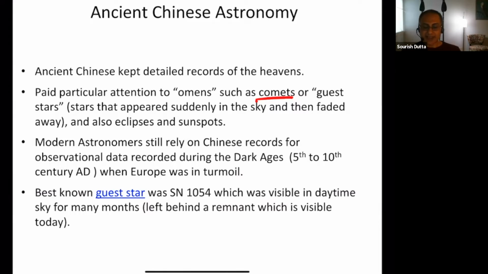Another thing that they noticed, though it's not as common, would be supernovas. A supernova is basically a very powerful explosion. It's probably the most violent event that ever happens in the entire universe. A supernova happens when a large star collapses and dies. When a very large star, by which I mean much larger than the sun, collapses, and stars have a definite life cycle, at the end of their life cycle they die. So when a very large star dies,